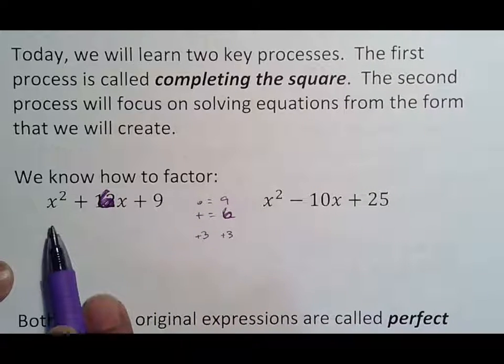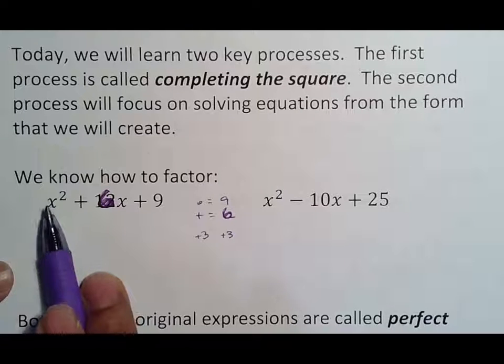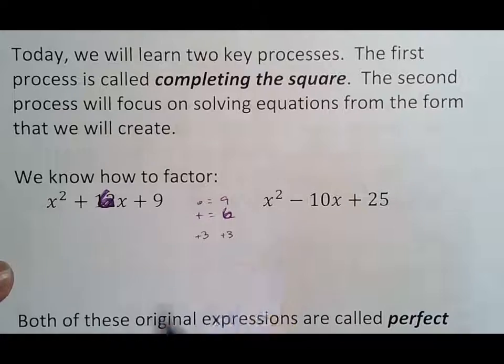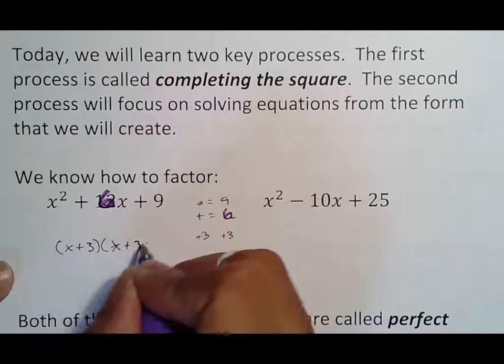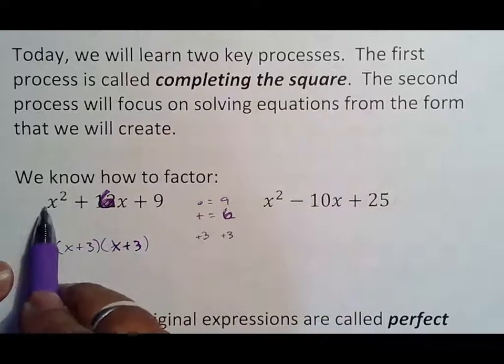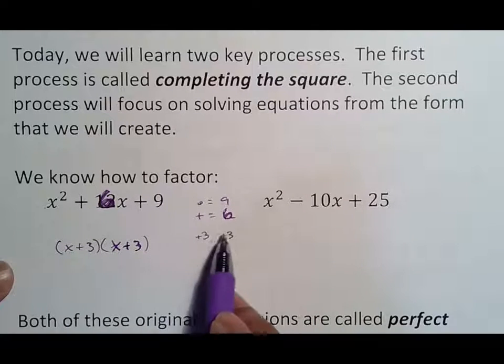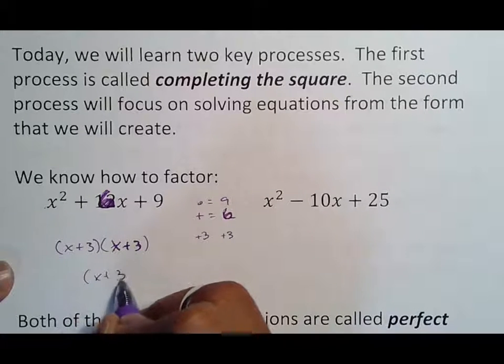Maybe you haven't learned this shortcut yet, but whenever there's just a regular x, it doesn't work when there's a number attached to x, but when there's a regular x, those 2 numbers typically just end up in here with your factors. So you can go back and check all your work and notice that every time there was nothing in front of x, whatever numbers you started with actually ended up in there, which does give you a brief shortcut. It's not really a shortcut, it's an observation that these 2 numbers always end up in there. So we know how to factor that, which means that this actually is x plus 3 squared, so that's a